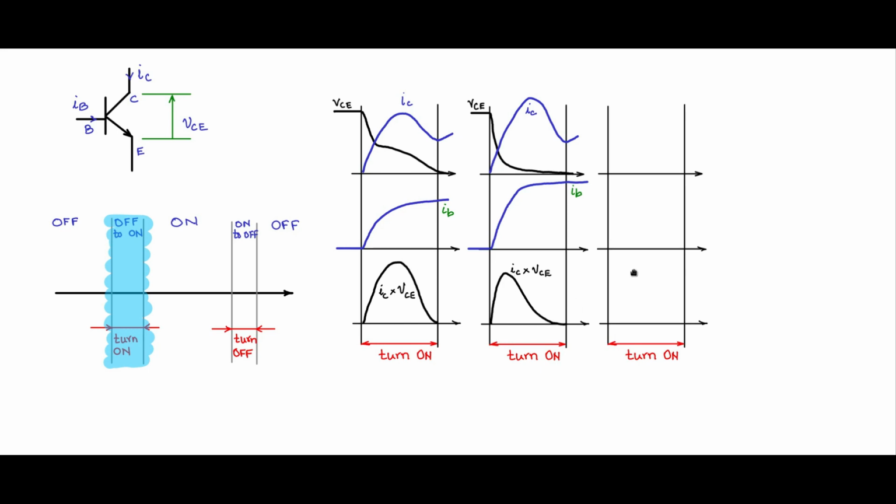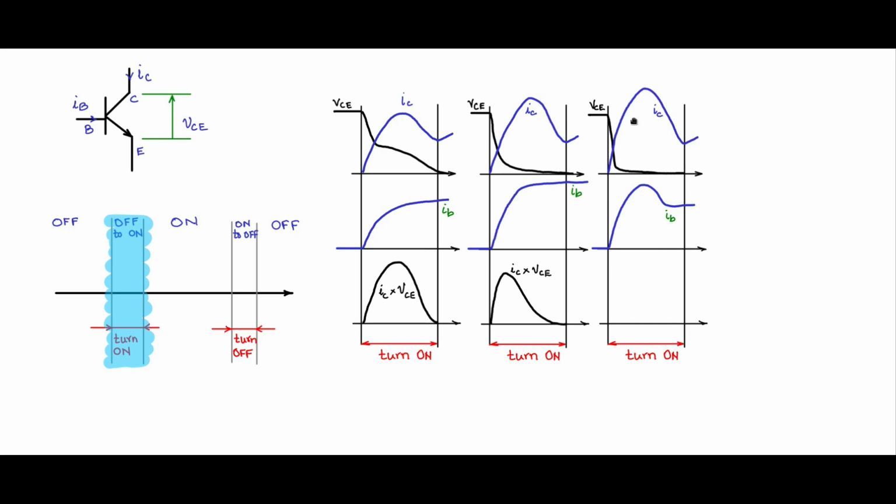Now I will make one more change to the turn on base current. I am going to give a base current in this fashion. I give a kind of a small surge base current during the turn on, and then bring it back down to the normal operating base current. Now this turn on surge base current will make the VCE go down much faster. It will go into the on state much quicker, and then there will be an IC which goes high and then comes back to the normal operating IC.